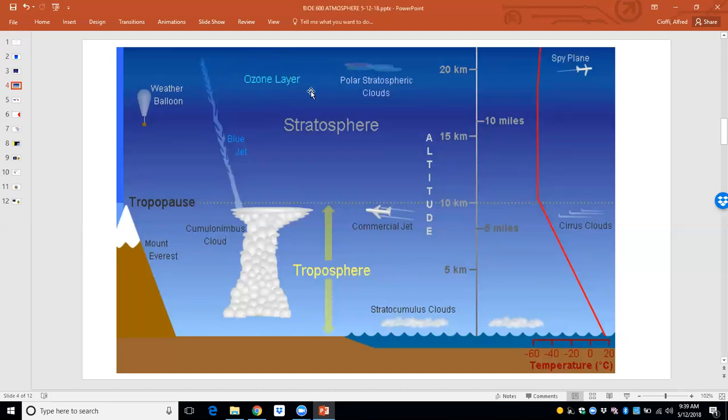And what is significant about the ozone layer vis-a-vis life on Earth and mutation rates? I'll give you the hint of mutation rates. What do we want to filter out from the sun to minimize it? UV, ultraviolet radiation, which penetrates and can even penetrate the skin and cause mutations. Well, we know skin cancer and other types of cancer, all right? So the ozone layer filters out UV. And that was a big issue of the ozone hole in Antarctica that developed a few years ago, and now it's closing up again and so forth.